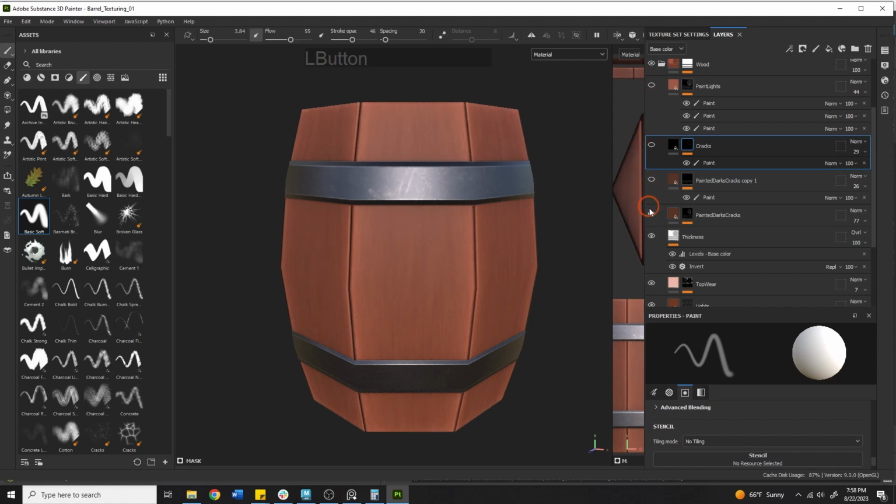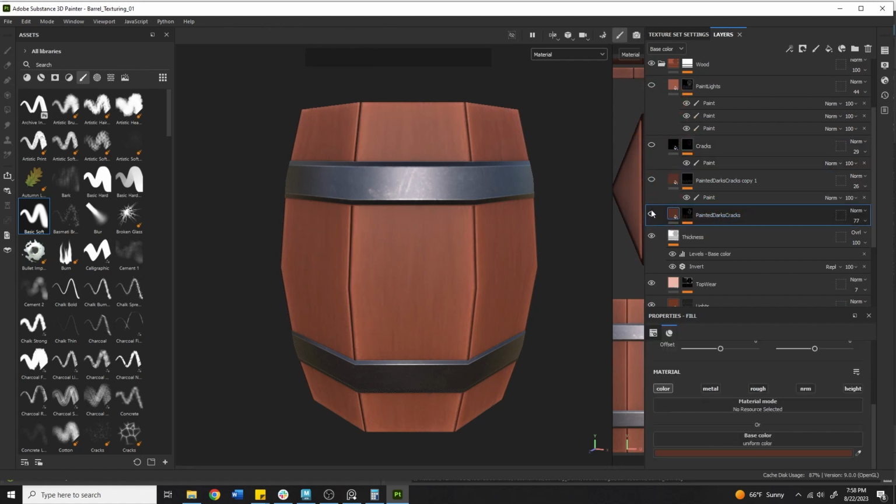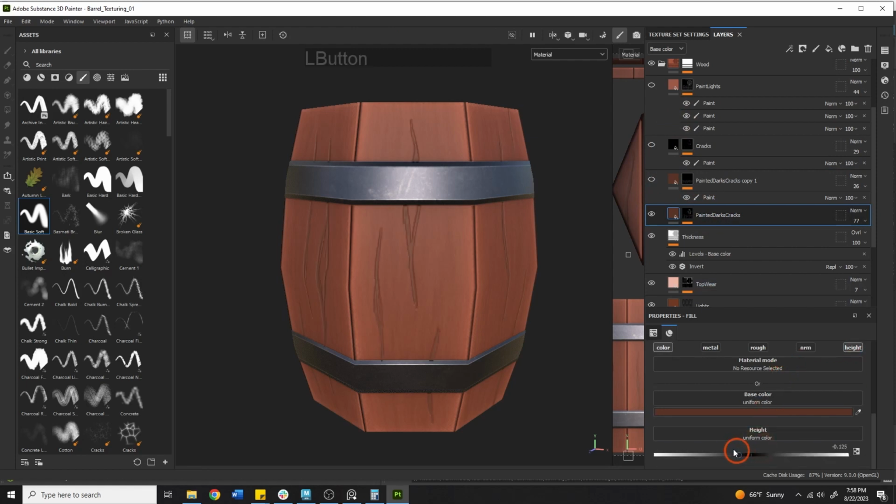So it depends on the final result. Let's start with paint to detail cracks. I could introduce something like height here. We could just push these in slightly, like -0.01, maybe -0.1. Okay, maybe -0.05, so something very subtle. We could come in here to the roughness and set those to be super rough, so that we're losing